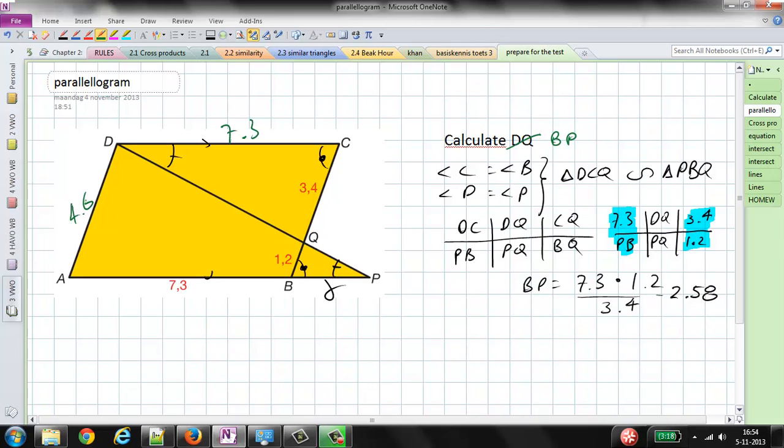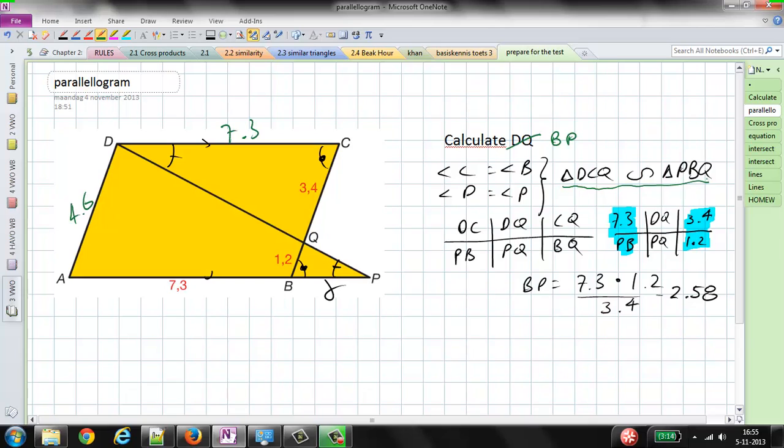If I look at this triangle, I see that it's similar to this triangle. Why? Because these two sides are parallel. I've got this line crossing, which means that this is a Z angle, so this angle P must be equal to D. I've got that here, D equals P. And C must be equal to B. Therefore, I can make this